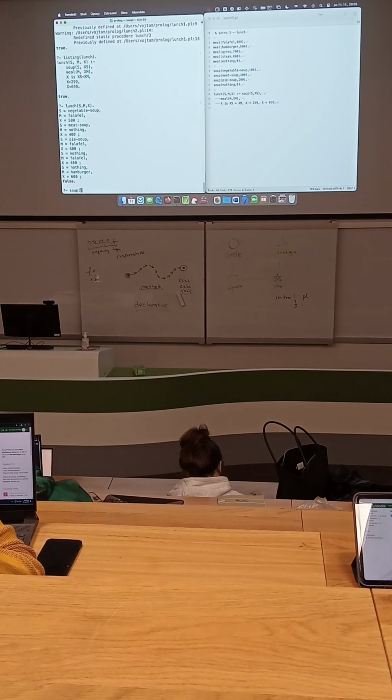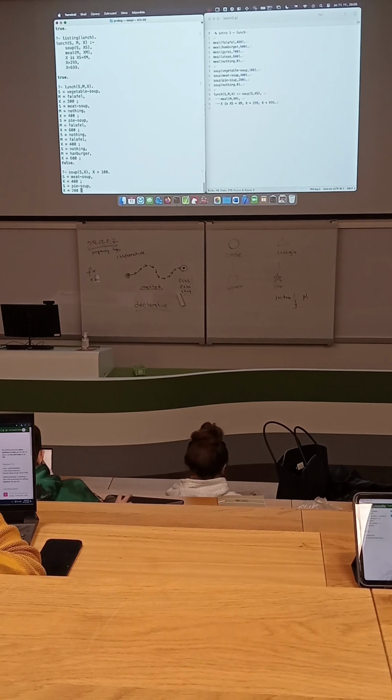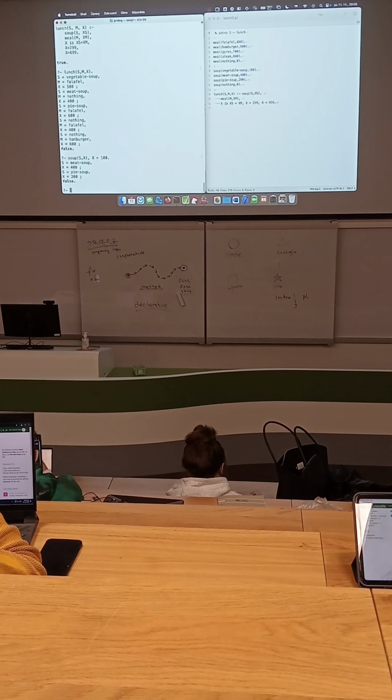Soup. Any soup having more than 100. Yeah, it's working now. Aha. I have some theory of that. I am typing fast. And I am pressing shift.